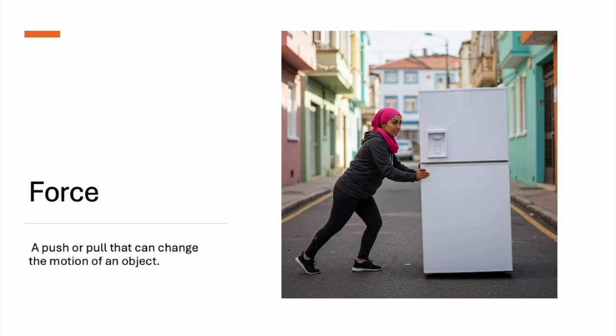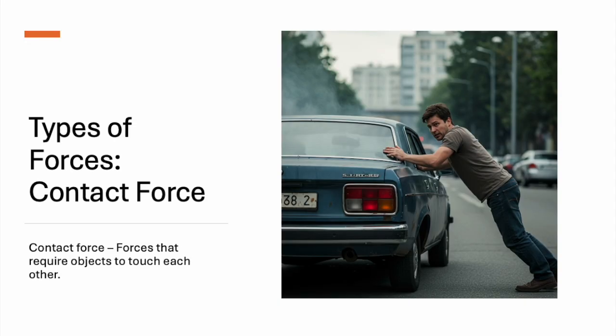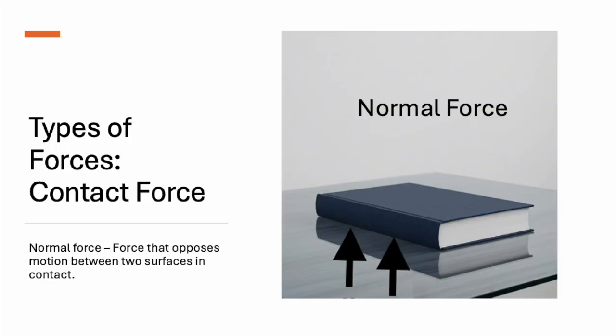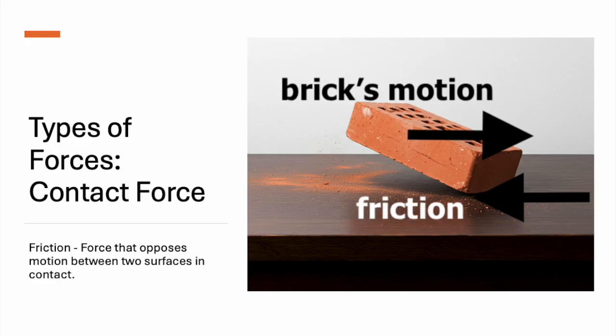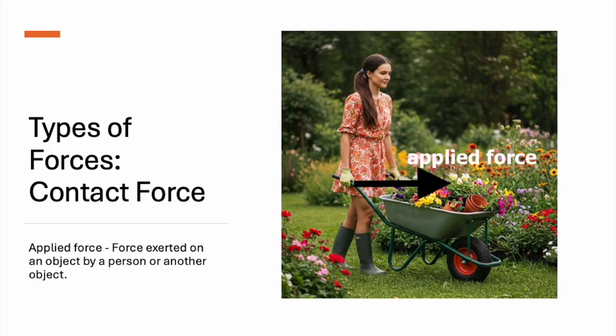There are two main types of forces: contact forces and forces acting at a distance. Contact forces are forces that require objects to touch each other. Some examples of contact forces include normal force, which is the force that supports an object resting on a surface; friction, the force that opposes motion between two surfaces in contact; an applied force, the force exerted on an object